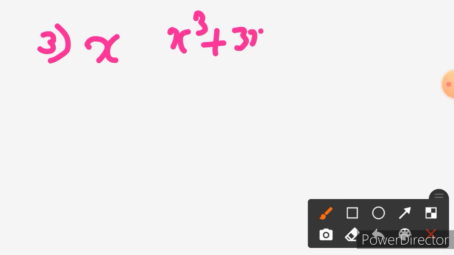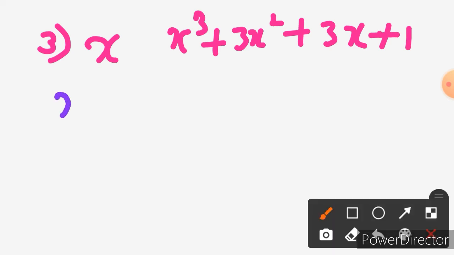Okay guys, now we shall discuss the third sub question, with x. Only x we have as a divisor. So the given polynomial for us is x cube plus 3x square plus 3x plus 1. Now what I should find here, the first step, I should find the zero polynomial. In order to find the zero polynomial, I should equate the given divisor equals to 0. That means I will get x equals to 0. Correct? All I should do is put x equals to 0 in this expression.